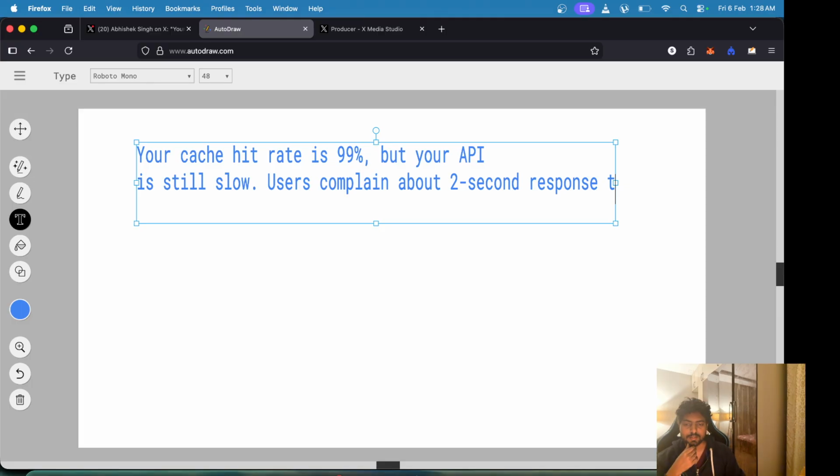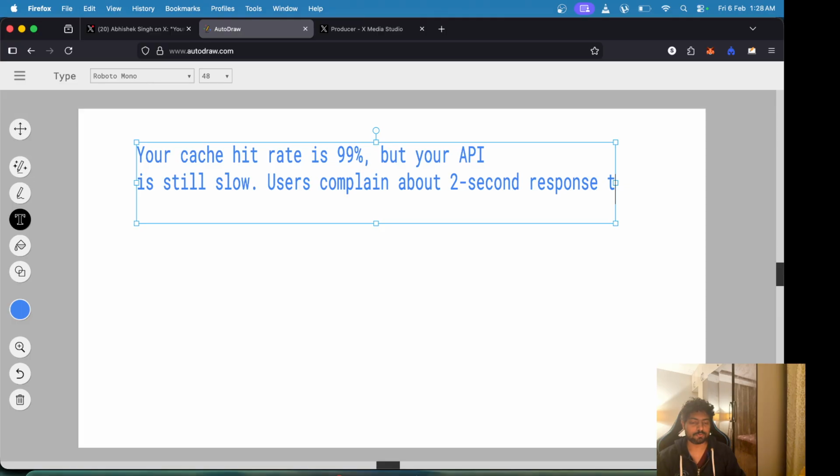Many people have given very good replies, but one of the replies is correct. What happens is that, let's say there are some hot items in Redis which have a TTL of, let's say, 15 minutes.